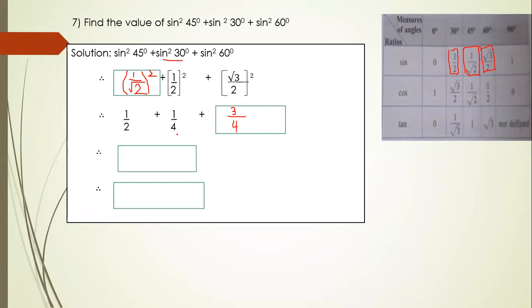Here we have 4. But here we have 2. So we have to convert this 2 also into 4. How we can convert this? We will multiply this with 2. So whenever you are multiplying any number in the denominator, you have to multiply in the numerator also, right? So I am writing here into 2. This is our working. You can do with pencil also.